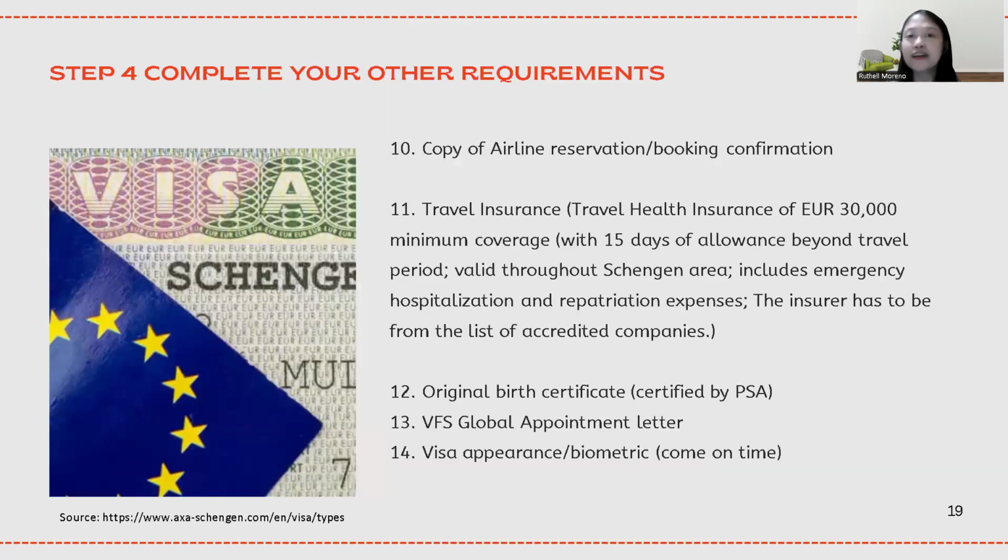Next is the copy of airline reservation or booking confirmation. This is very important because, aside from being asked in the immigration, this will also serve as proof that you will be returning to your country of origin. Next is your travel insurance, which should cover the minimum of 30,000 euros with 15 days of allowance beyond travel